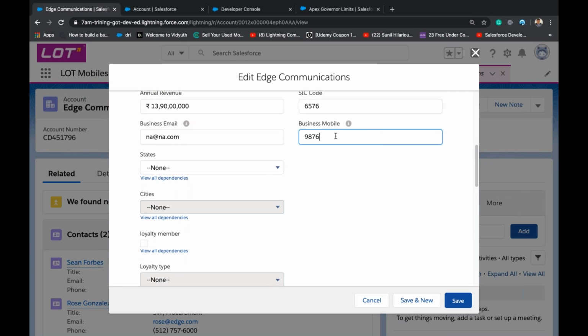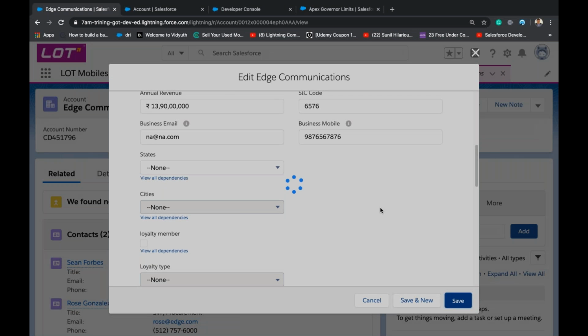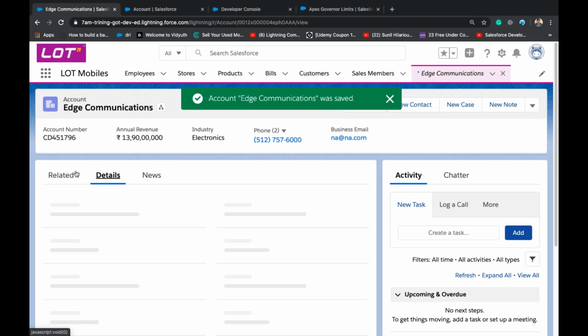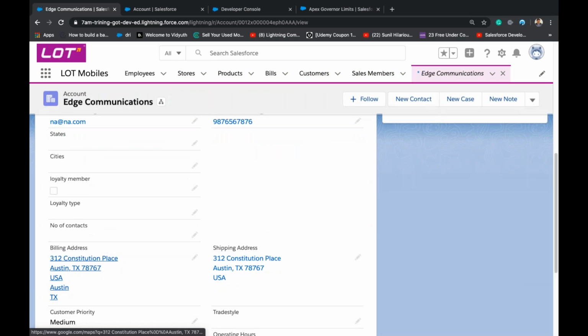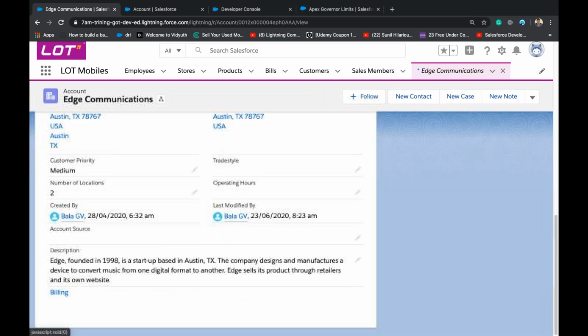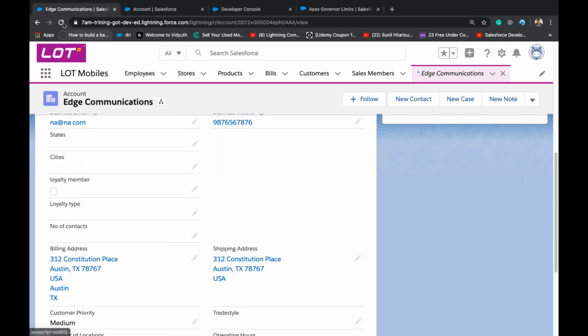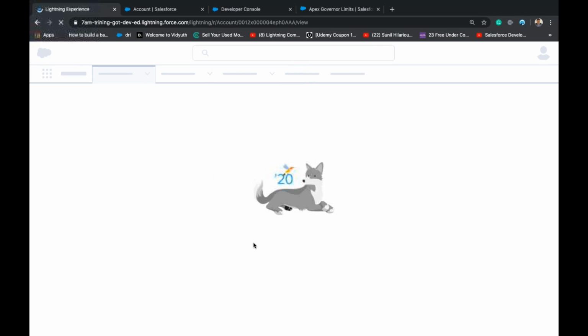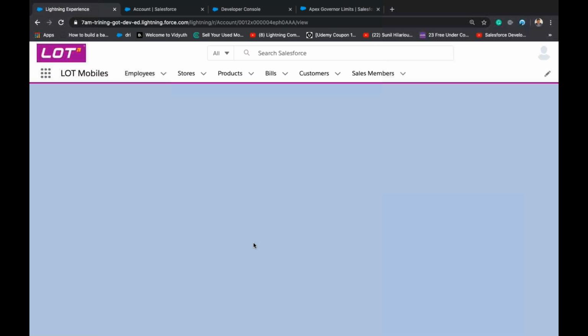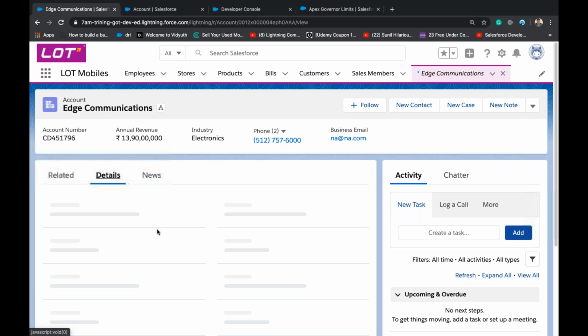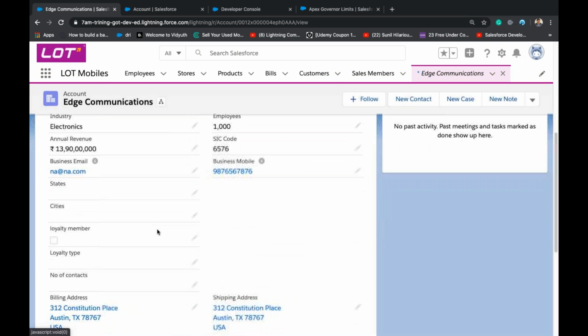Let's add something and click save. This number of contacts. Okay. It's here. It's not updated immediately, right? After a few minutes, it may not be updated now, but after a few minutes, this will get updated. Number of contacts.